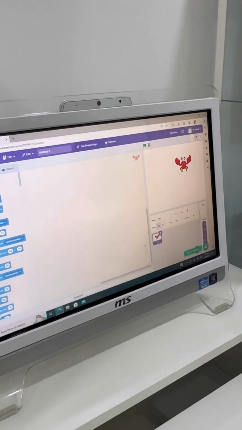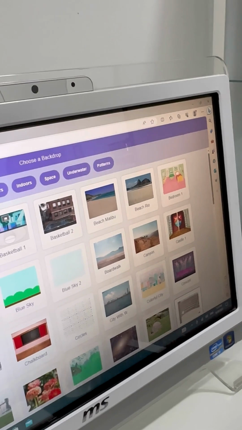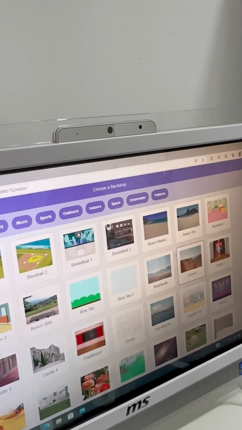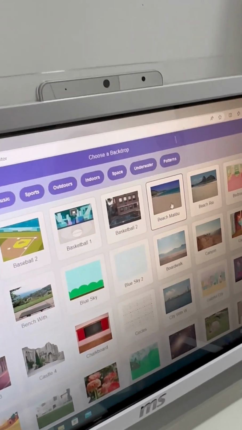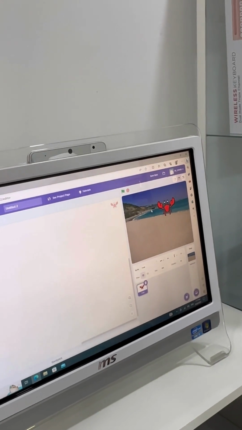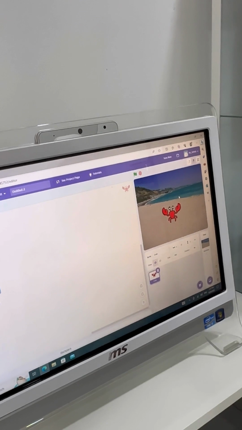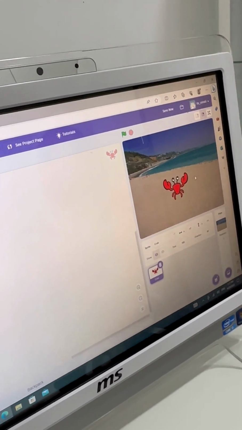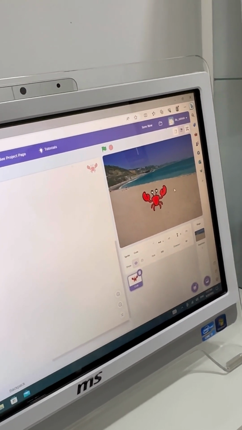Can you pick a backdrop now? Can you pick a beach? Beach? You have the Malibu beach here. You have a boardwalk under. Okay, can you place the crab on the sand? That's correct. Now we have a beach with a red crab, right? Yeah. Okay, so let's start